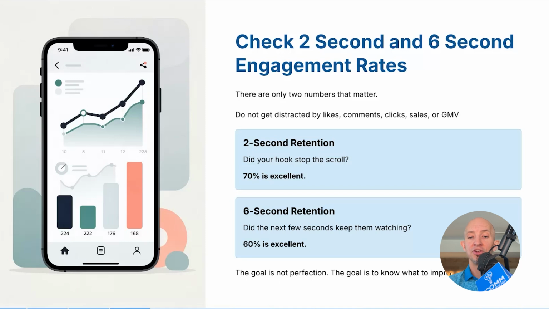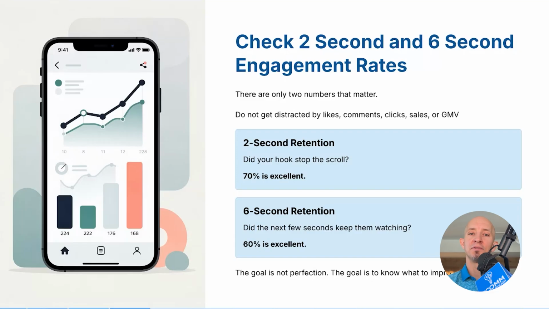So, number one, the 2-second engagement rate. Can you hit over 70%? That is an excellent number. Okay. And the reason why is we see the analytics behind all of the ads that we run. We get to see the analytics that sit behind your videos. So if an ad ever touches your video, it will show us these metrics. Here is what we have found. Any videos that have generated millions of views all have the following correlation. In the first 2 seconds, they have a 70% engagement rate.